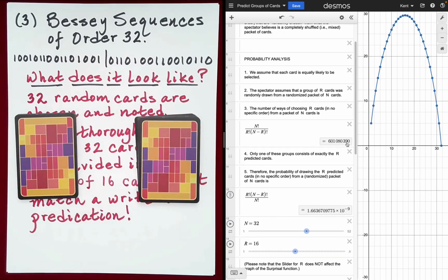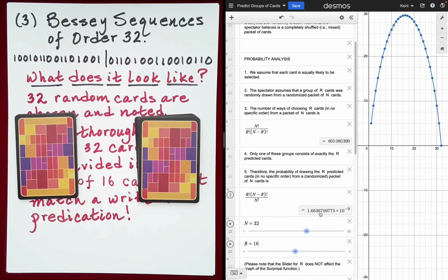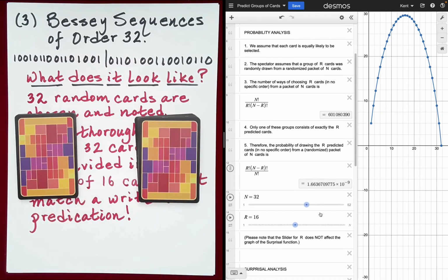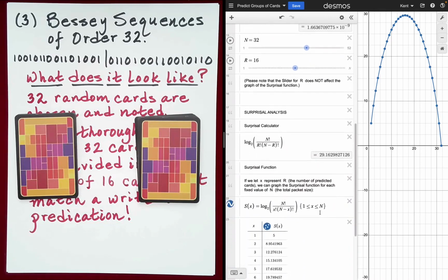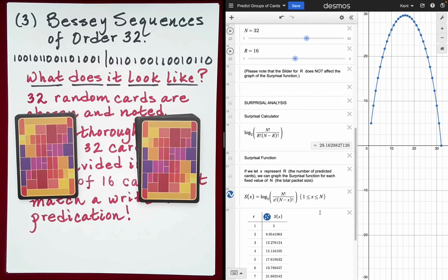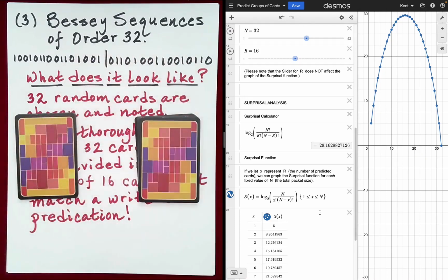Well, the probability that we would just randomly guess on our piece of paper the final groupings here would be 1 divided by that, because there's only one particular grouping that will agree with the one we have here. And here's the probability, and once again, it's so small that it's hard to interpret that. So what we do is we calculate the surprisal value for that probability or random event. And what we find is the surprisal value associated with this performance is